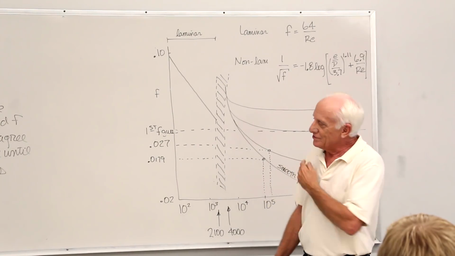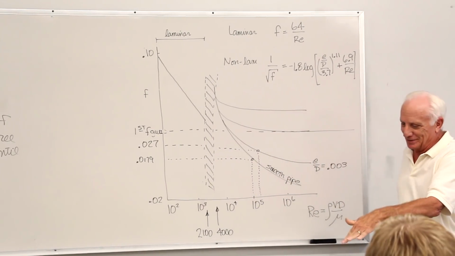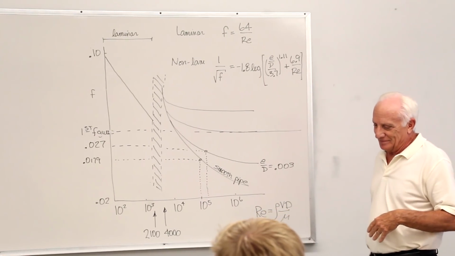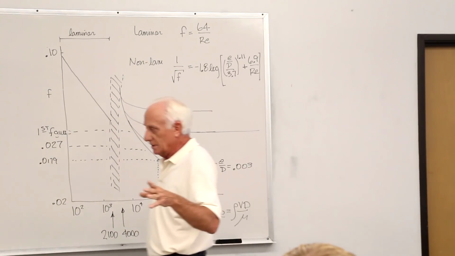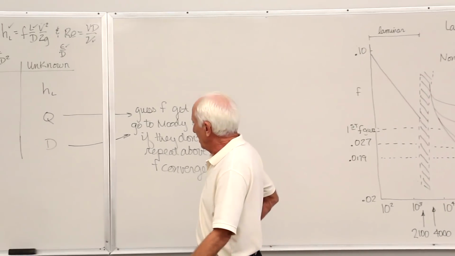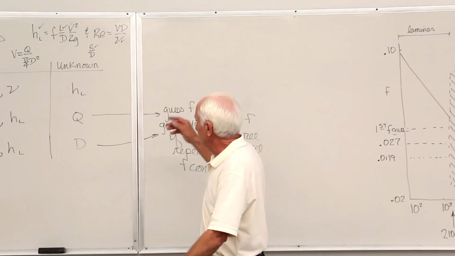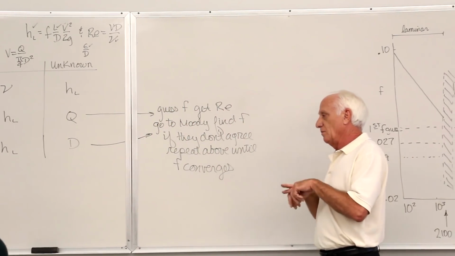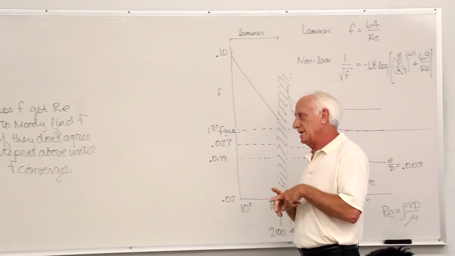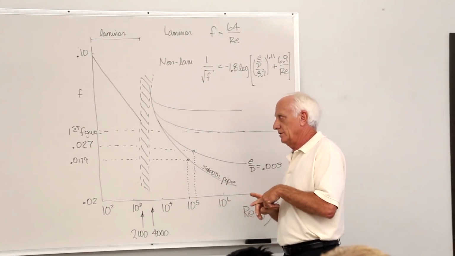Okay, so you've got those possibilities. If I give you an exam problem like that, you can do one of 2 ways. You could use the equation, which is pretty complex, but you can use it. Or if you want to make one guess and then go through it one time and tell me what your next guess for F would be, that's fine too. Your choice.